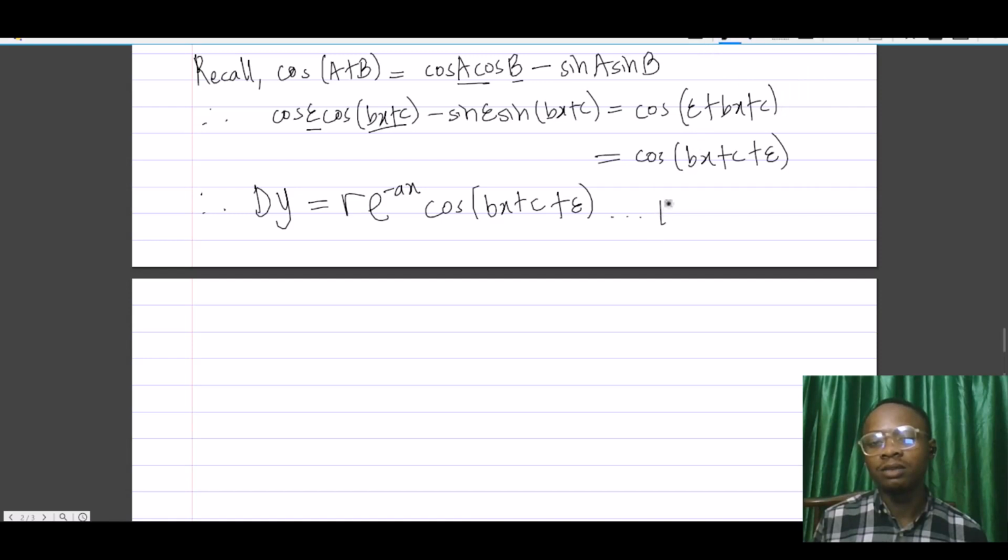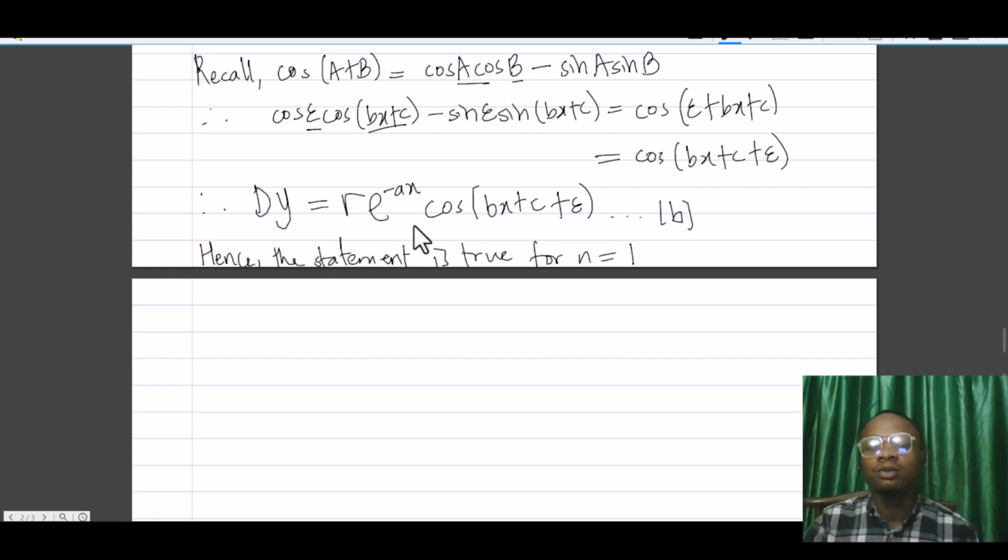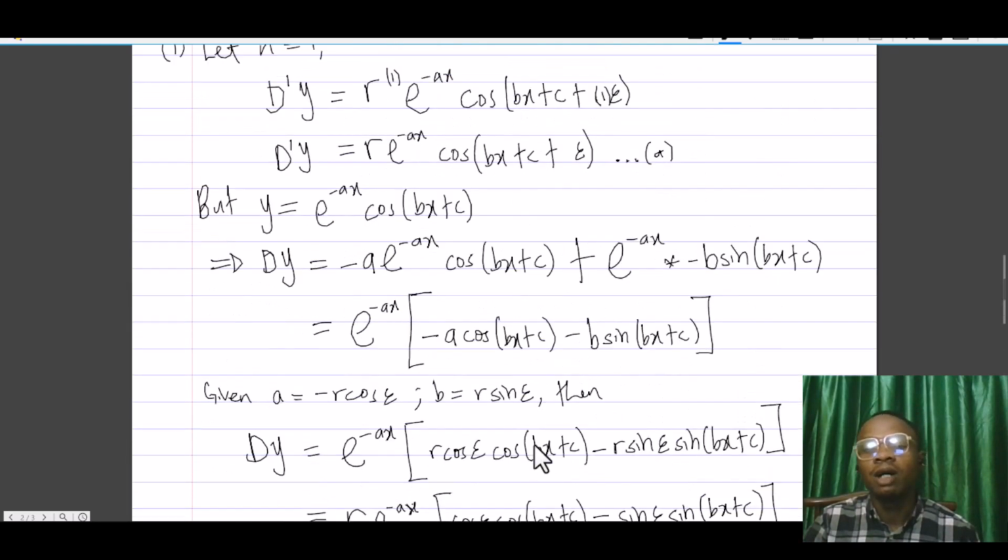By this result, we have been able to see that the given statement, that the nth derivative is given by the formula provided, is true for n equal to 1. So I've established that. So we'll proceed now with our